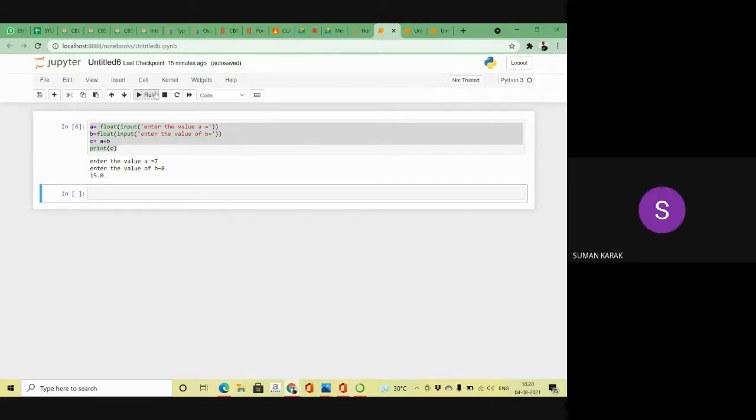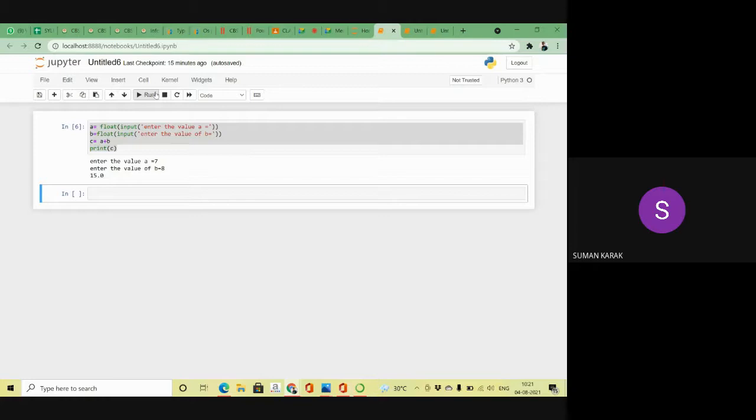Normally, if you mention the values directly, there is no need for the input function. When you take the value from the user, that time I am using the input function. If you are a software developer, you are not developing only for your own purpose.